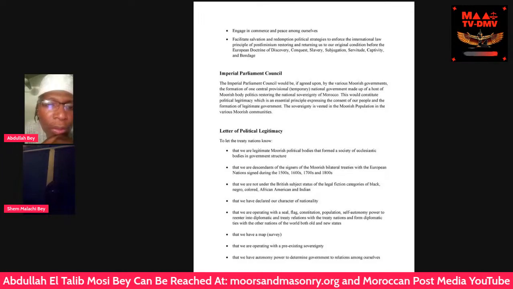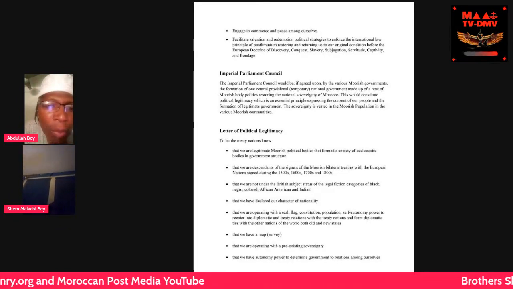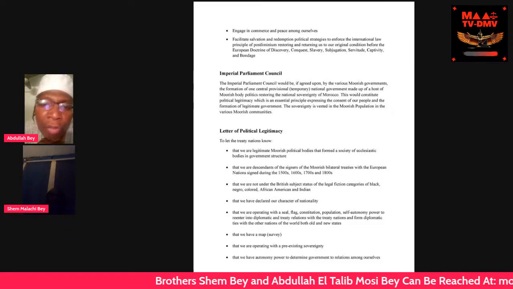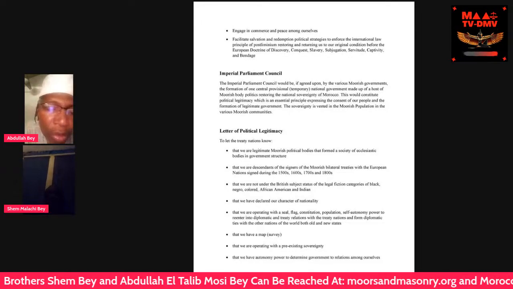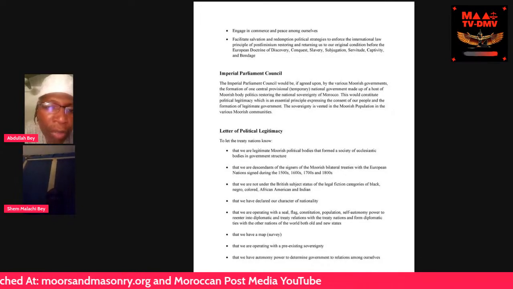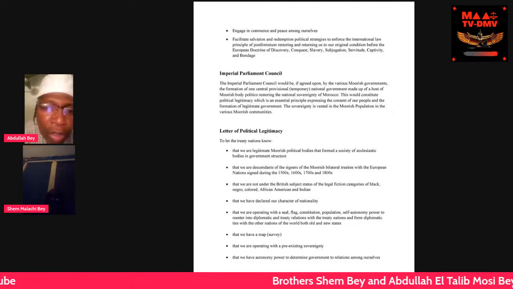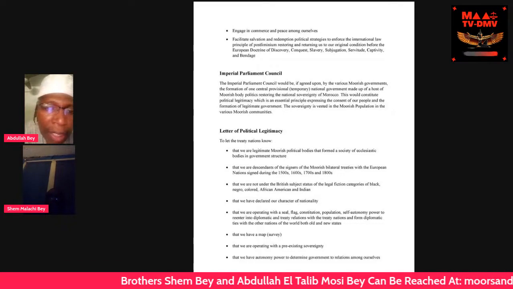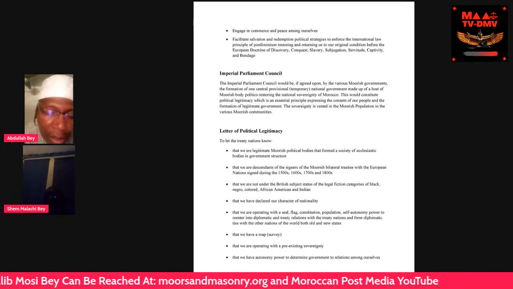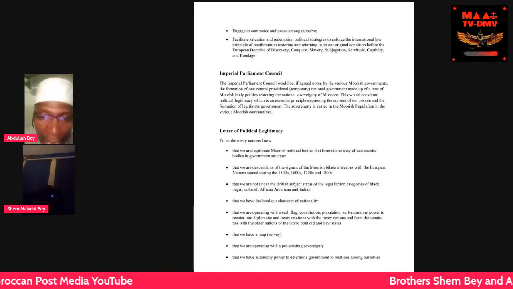Good points. To let the treaty nations know, and I want Shem to elaborate, that we are a legitimate Moorish body politic that formed a society of ecclesiastic bodies and government structure, that we are descendants of the signers of the Moorish bilateral treaties with the European nations signed during the 15, 16, 17, 1800s, that we are not under the British subject status of the legal fiction categories of Black, Negro, Colored, African-American, Indian, that we have declared our character of nationality, that we are operating with a sealed flag, constitution, population, self-autonomy,